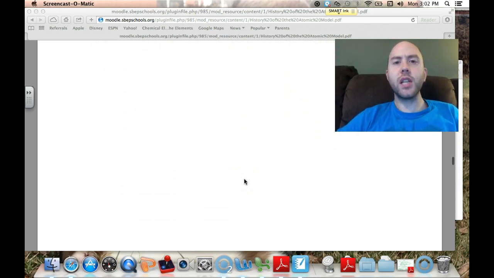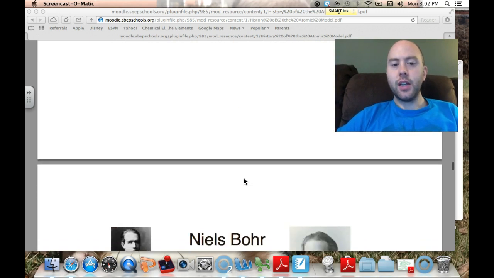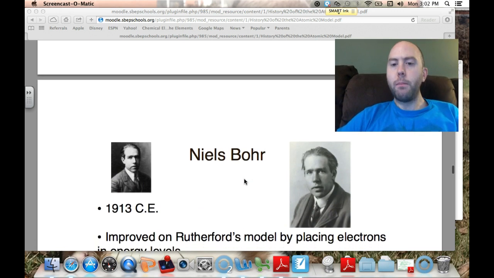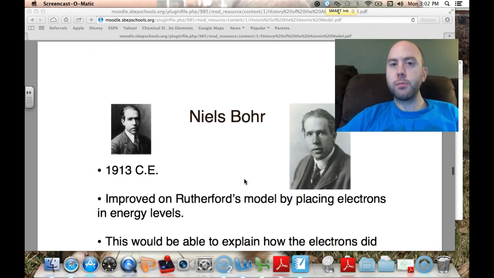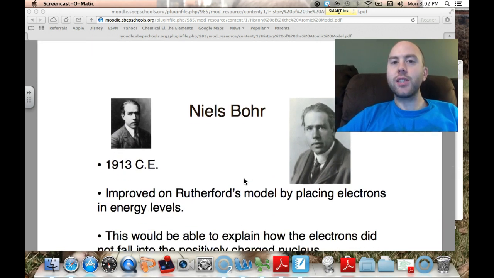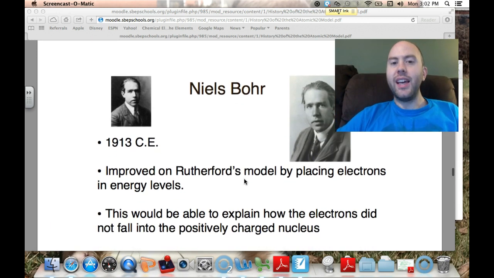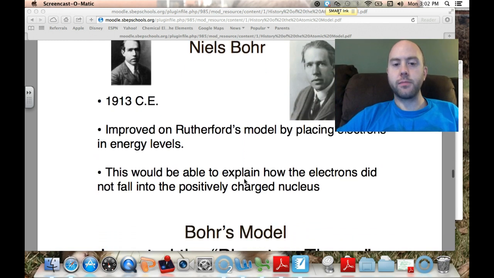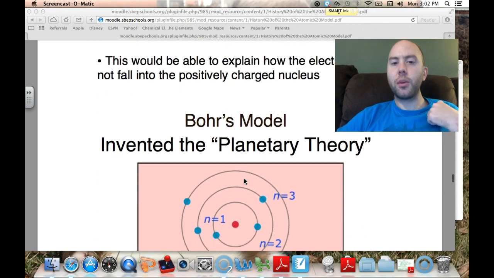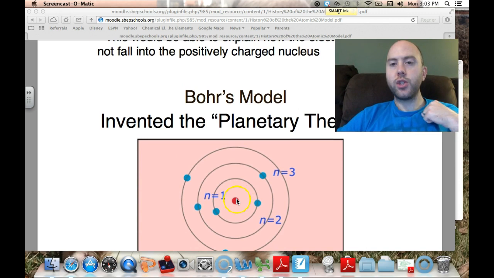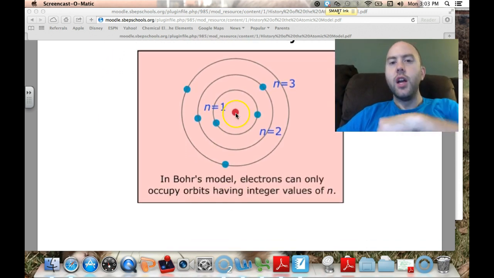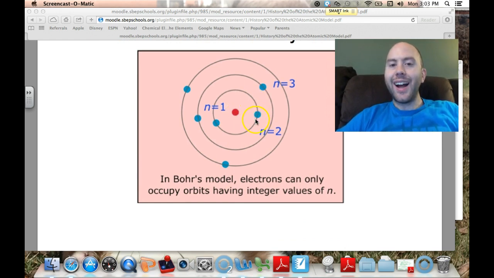Just a couple years later, in 1913, a guy named Niels Bohr fixed this. So 2 years later, Bohr improved Rutherford's model by putting the electrons in what are called energy levels. And this is what stopped the electrons from falling into the center. So his model is called the planetary theory. As you notice, you have the nucleus right here in the center. Let's see, scroll down here. There we go. You have the nucleus in the center, and then on these energy levels are where the electrons